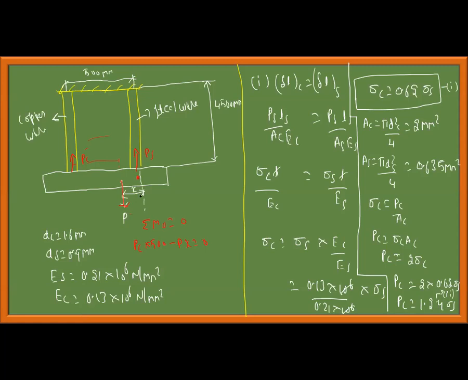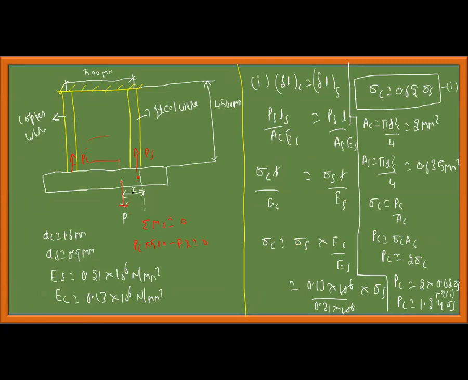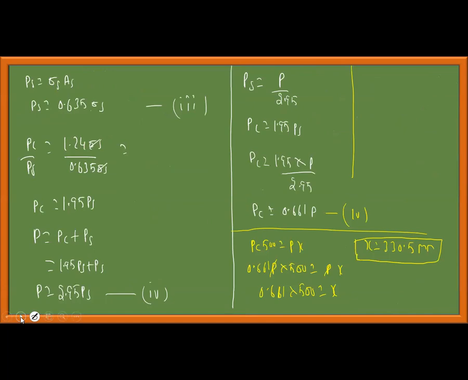Okay, for the time being, this distance has to be X is equal to 330.5 mm from the right support. Okay, this problem can be asked for 10 marks. Hope you understood this. Next problem I'll solve, and this will be the last problem on your first module. I'm left with one problem, and that is the bolt and nut. I'll leave it to you. If you have any doubts, you can ask me at any time.